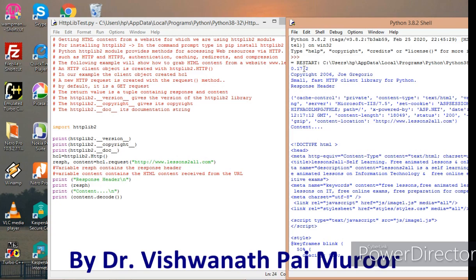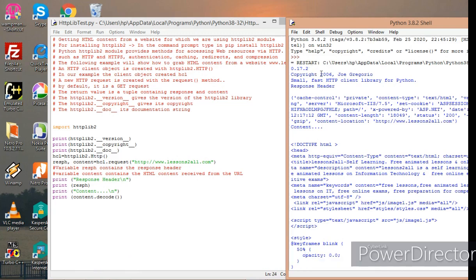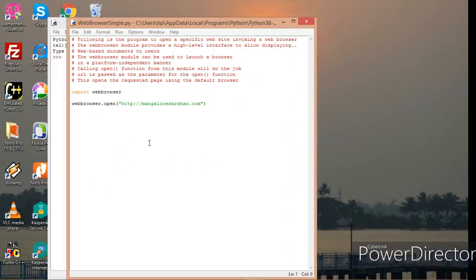Here it is version 0.17.2, copyright 2006 Joe Gregorio, and it says small fast HTTP client library for Python. This is the doc. So this is how you can get the HTML content of a specific website. Here I can give any URL.